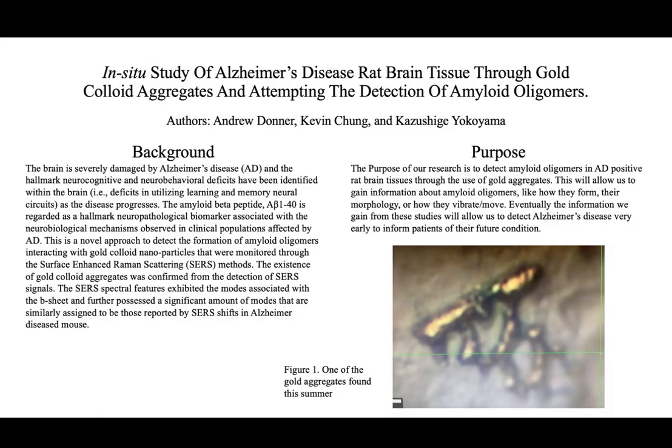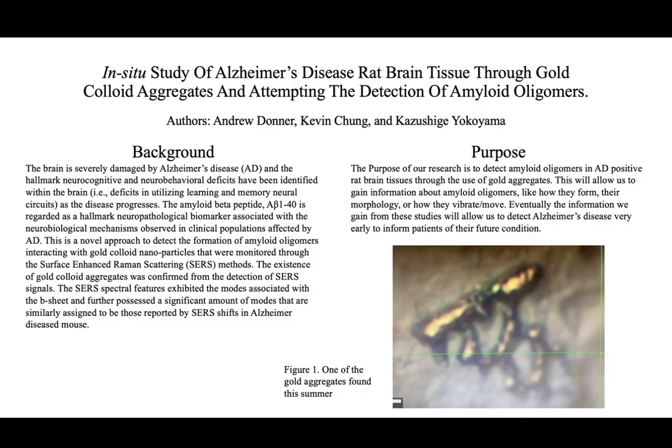Hello, I'm Andrew Donner, and over the summer I worked on the in situ study of Alzheimer's disease rat brain tissue through gold colloid aggregate and attempting the detection of amyloid oligomers. I worked on this with Kevin Chung and Dr. Yokoyama. So to start off, some background information is that the brain is severely damaged by Alzheimer's disease with many